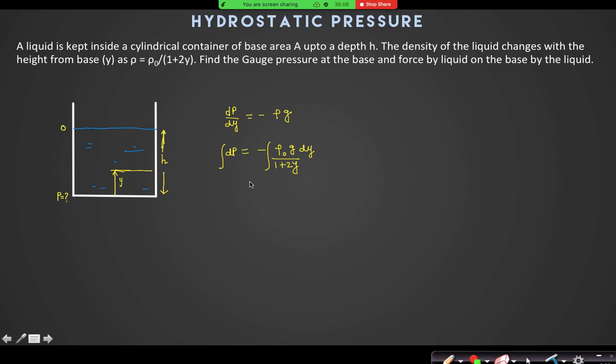When y is equal to h, p is 0, and when y is equal to 0, I need to find p. So p is equal to rho naught g by 2 ln of